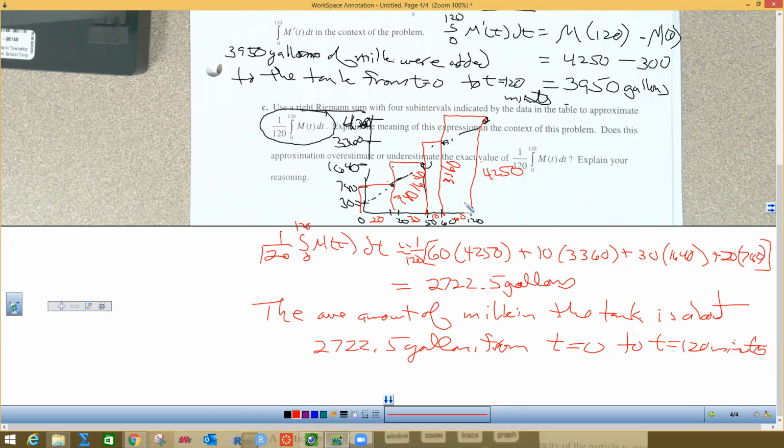And now we're supposed to tell whether this is an over or under estimate. If you draw your chart kind of nice, it helps you see that. So if you look, we're doing right. I hope you can see that this part and this part and this part and this part are all too big. So our approximation is an overestimate